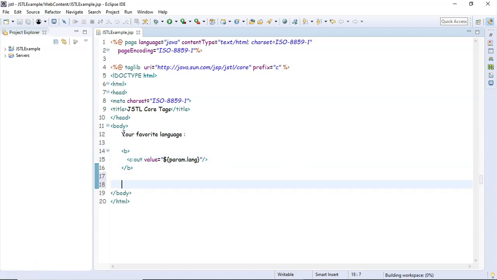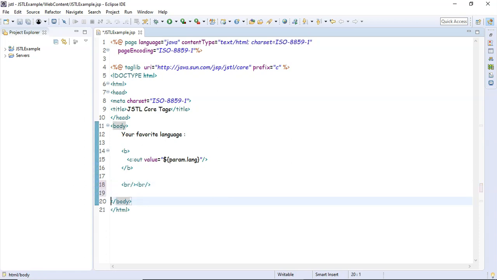Now after this bold tag, I'm going to have line breaks. After these line breaks, I'm gonna have an anchor tag right here. Okay. To the href attribute of this anchor tag,